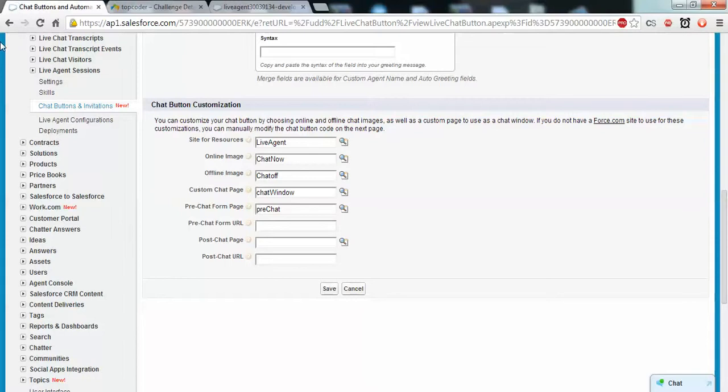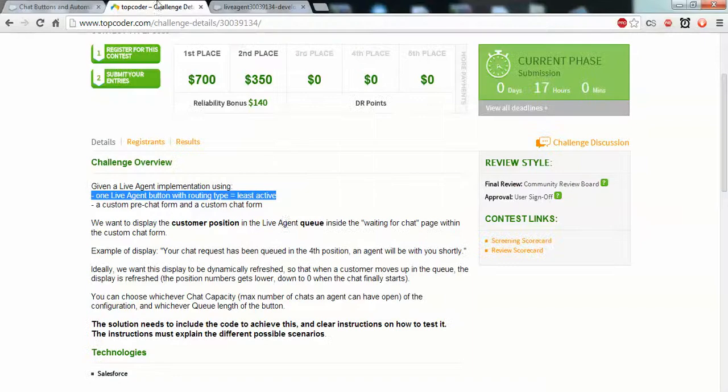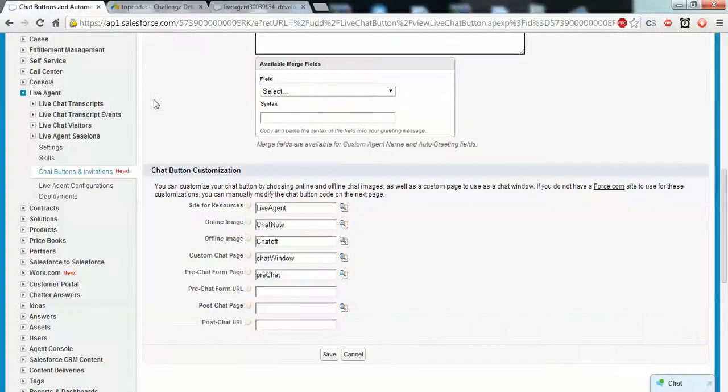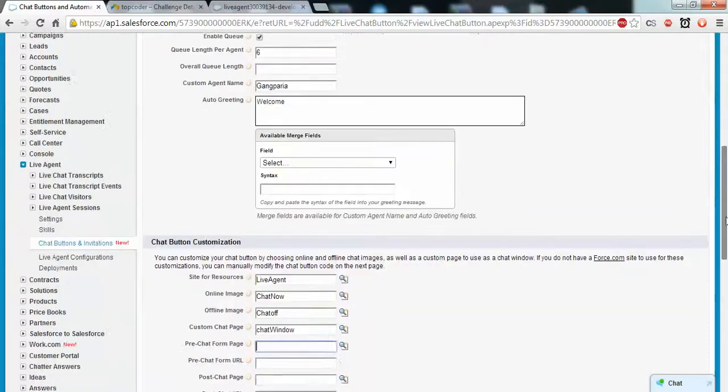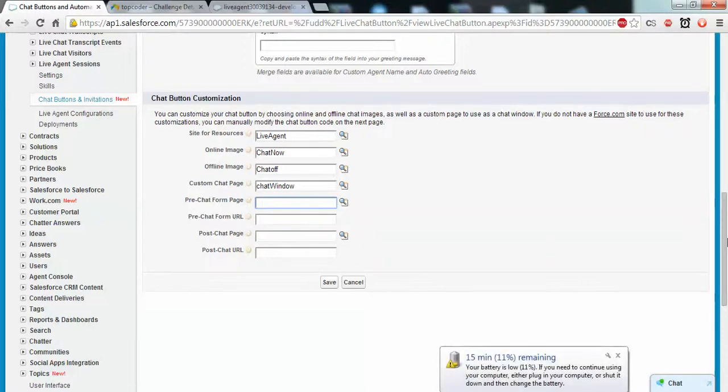Like a pre-chat form. As per the requirement, you can use a pre-chat form or a simple custom chat form. For a custom chat form, just remove it. Now you will see a simple button, and when you click on that, the request will go directly to the live agent.